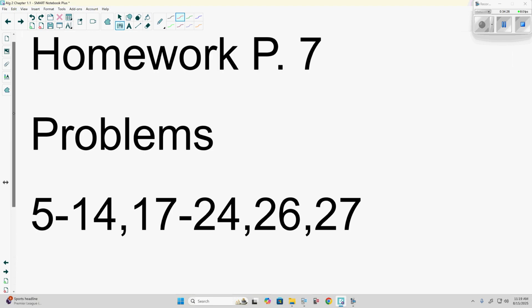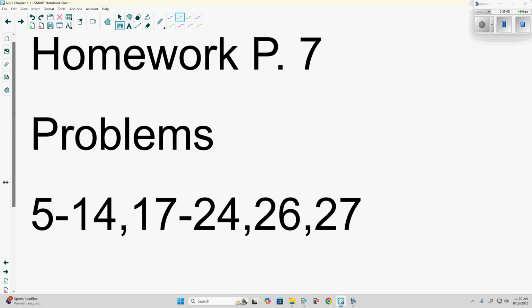Homework is on page 7. Problems 5 through 14. 5 and 6 use braces to list the elements. So the set of integers greater than 50, we can write it in set builder notation, or we can say brace 50, 51, 52, 53, dot, dot, dot. Well, it'd be 51, 52, 53 going on. Brace. Done. Same with 6. 7, 8, 9, and then 7 through 14. Write the